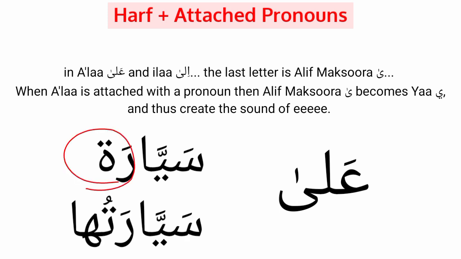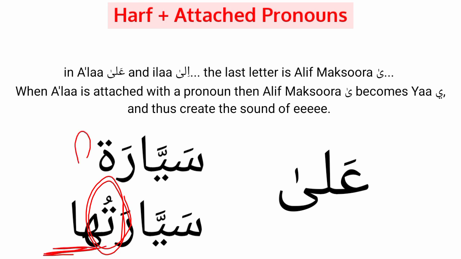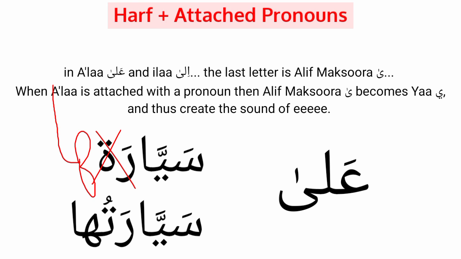Sayyara ends with tamarbuta. But when you are saying sayyaratuha, it won't end with sayyara. It will end with ta. This tamarbuta will become ta because ha is being added after it, and this tamarbuta will say no, I will not let any letter come after me. So use ta instead of me. I am tamarbuta, use ta instead of me. Tamarbuta doesn't want any letter to come after it.